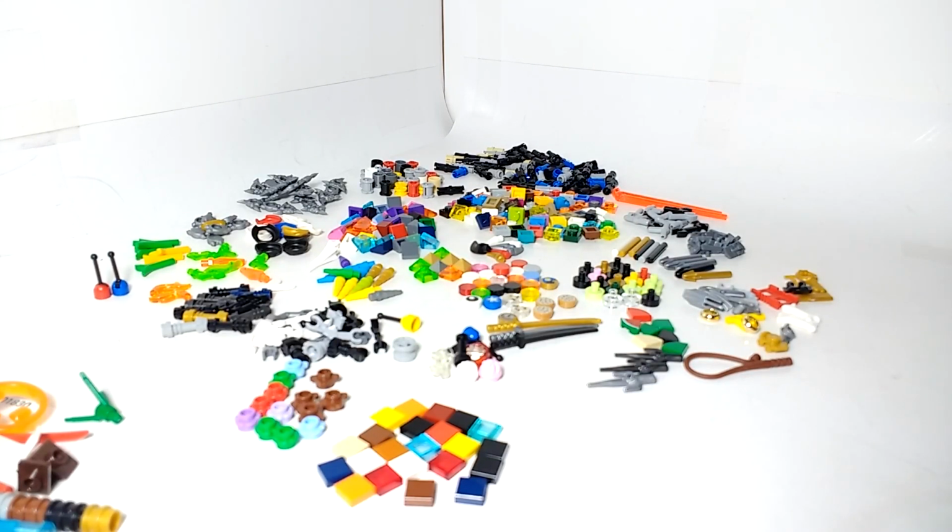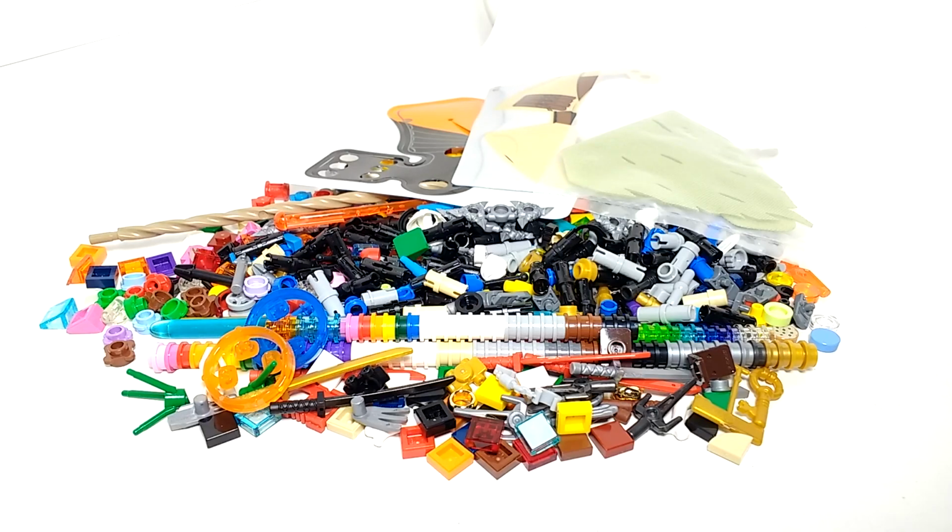So now I have to go ahead and count all of this. Okay, so probably after about an hour, I wasn't keeping track of the time, it felt like an hour though, I have finally counted all of the pieces here. So I'm just going to read off how many pieces we got for previous years. The first ever Extra Pieces special or whatever,